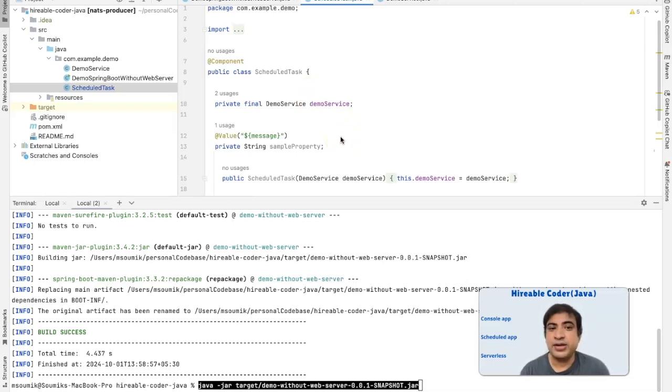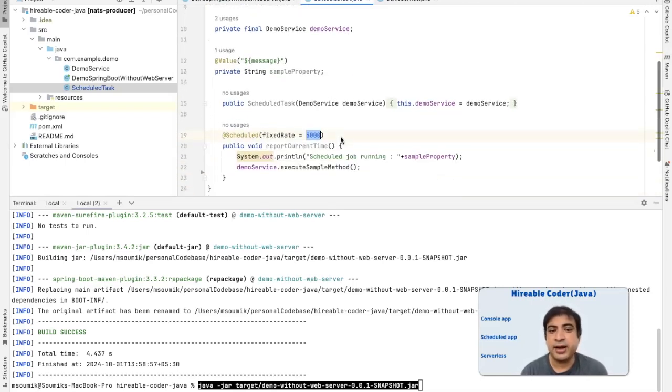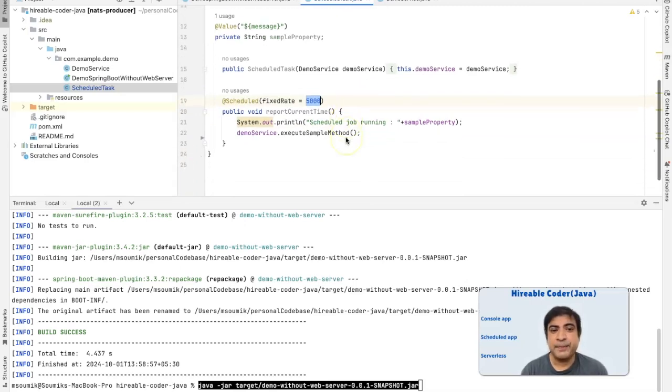We always need some kind of batch job which runs at a specific time and does some kind of processing. Maybe it does some reconciliation or something like that. So here is an example of a batch job which runs at a fixed interval. It can also accept a cron expression so that it can actually run at that fixed time of the day